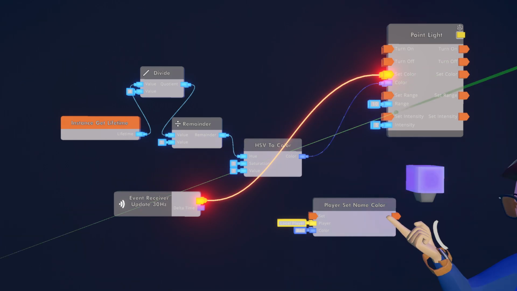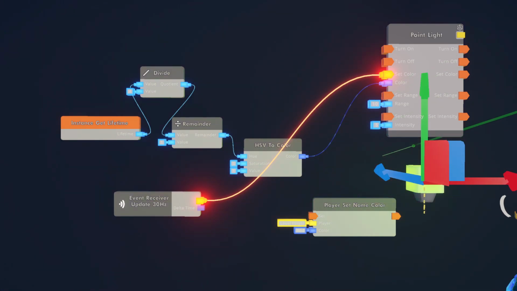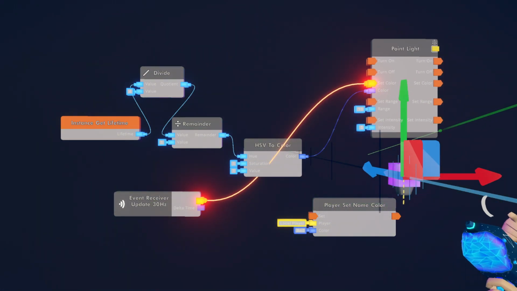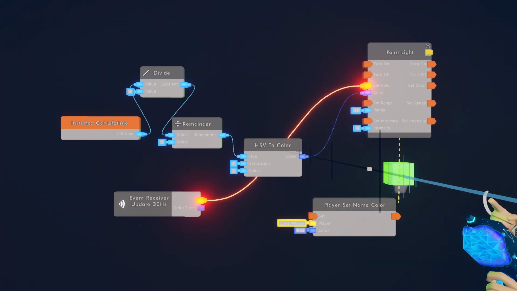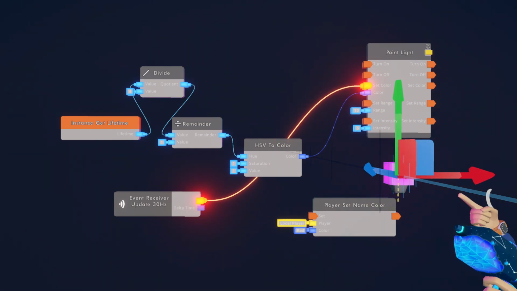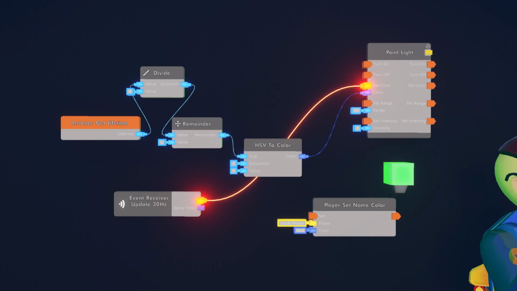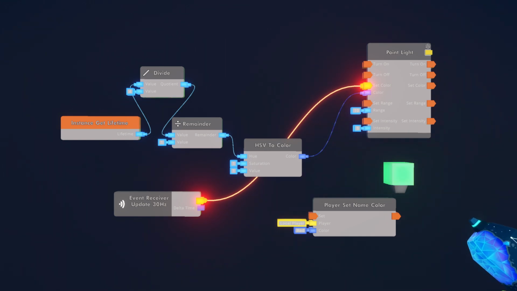So we don't want to overload networking by running it for everybody. So I'm going to configure it. And there's a toggle on it. Turn off sync. Sync is a network concept. We'll get to that more tomorrow. You generally shouldn't have to worry about it too much today. But we do still want it to run for everybody in the room. So let's take out a get all players chip.